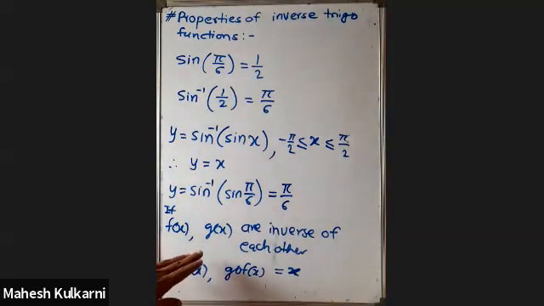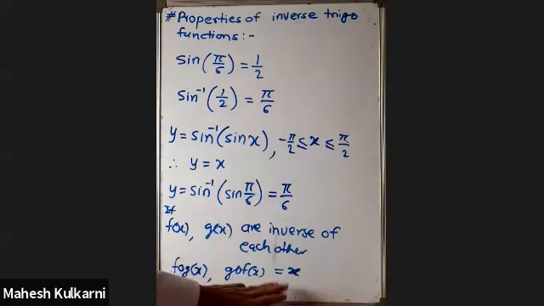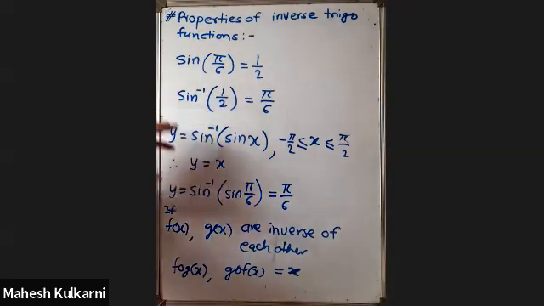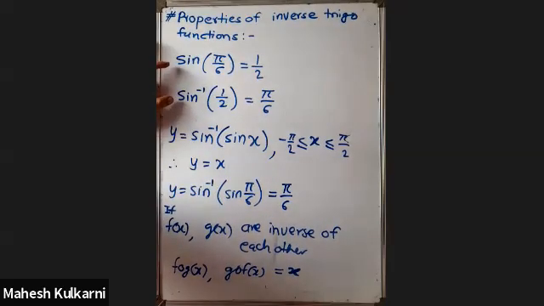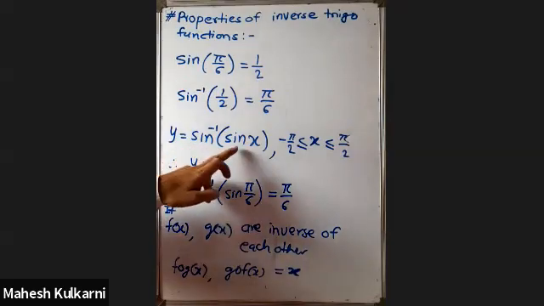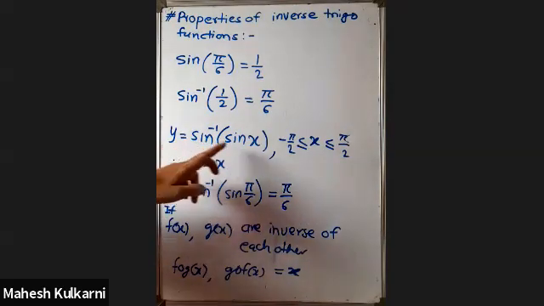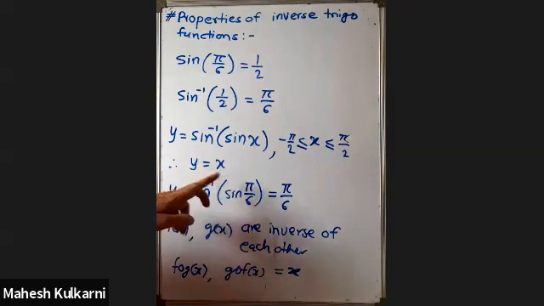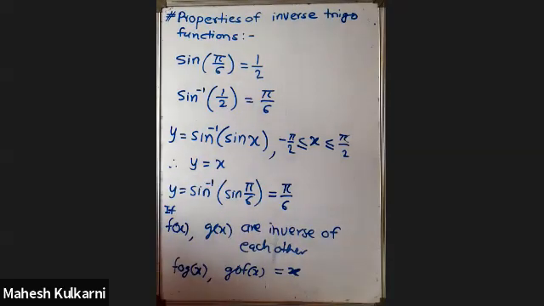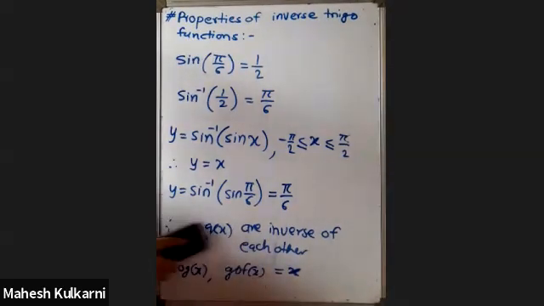You have studied this property. When two functions are inverse of each other, then their composite function is always the identity function, or you can even use this method to cross-check the inverse function, whether it is correct or not. Here also, these two functions are inverse of each other, sine x and sine inverse x. So these are the two inverse functions. This is the composite function. So y is equal to sine inverse of sine x. Therefore, y is equal to x. So this is the property of the sine function.